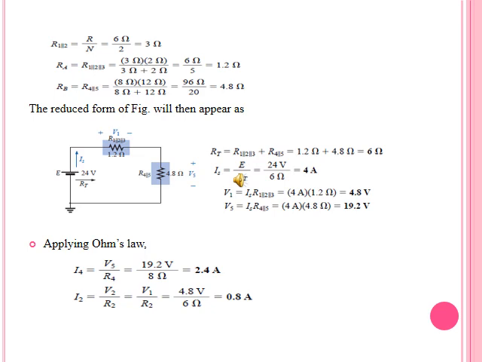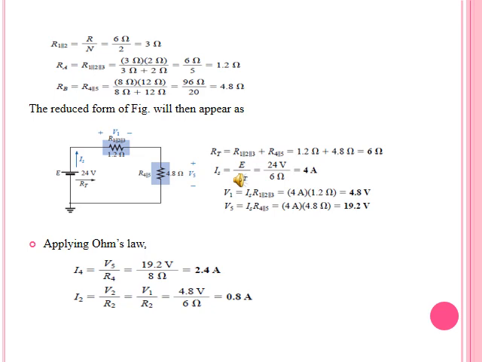After finding the current in this circuit, which we have declared as a series combination of block A and block B, we know that in series the current is the same, so we can find V1 and V5. The other one was V5, which we labeled as V5. So with 1.2 ohm resistance and 4 ampere current passing through it, we get V1 of 4.8 volts. Similarly, V5 is 19.2 volts.